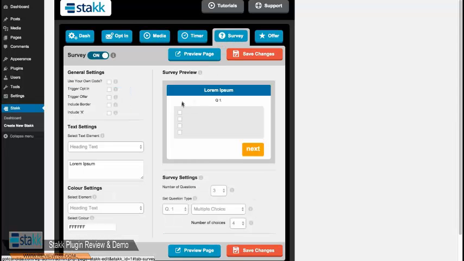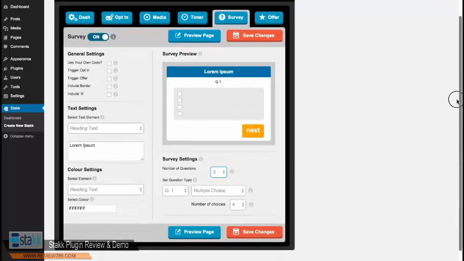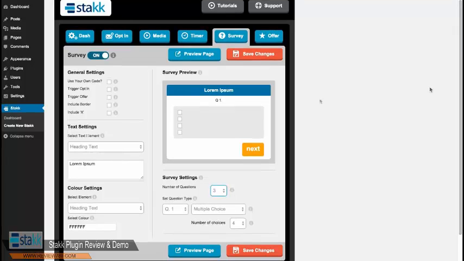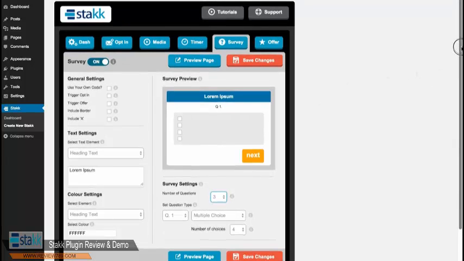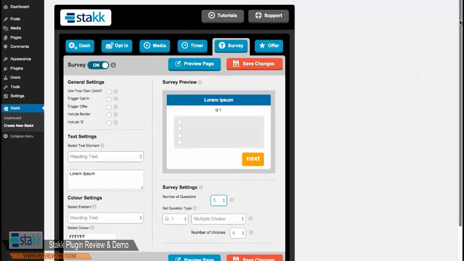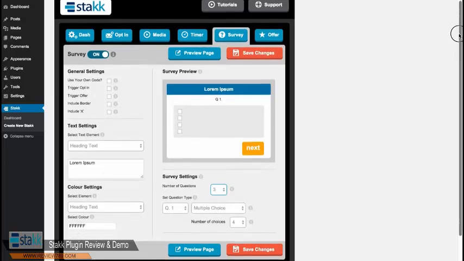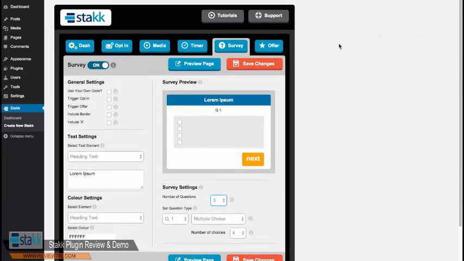We have surveys in here where you can go really deep on your questions and get lots of in-depth market research for your products, and then you can link those through to your opt-in forms, so you can offer an ebook in return for them filling out your survey, etc. Create lots of interactive campaigns for your site visitors,